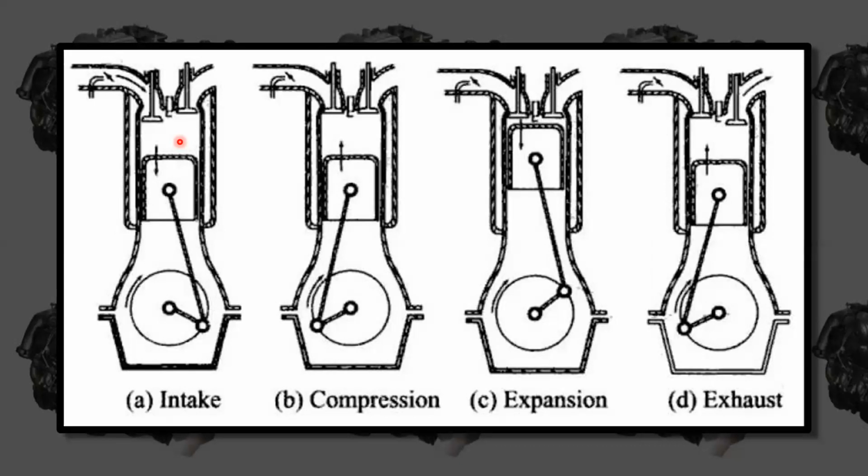When compared to the atmosphere, the pressure within this cylinder is lower because of the suction, because the piston is making a void here. The piston is going to create more space, so volume is created. When the piston moves from top dead center to bottom dead center, what happens to the combustion chamber? The volume is going to increase.